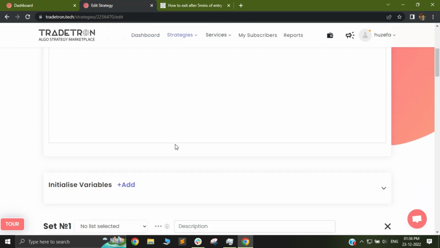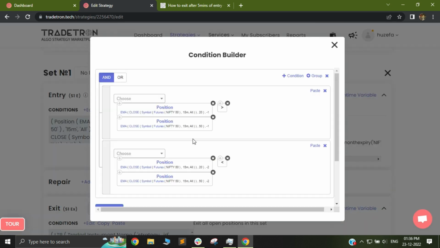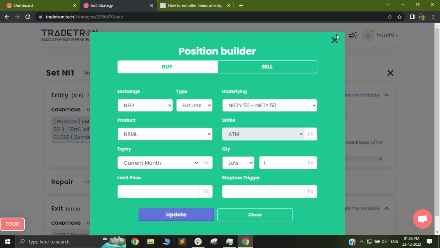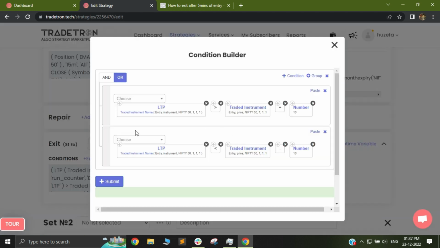Now, what ends up happening is that people generate a condition like this, which is like an entry condition, a simple crossover condition using position -1 and -2, and they have a trade like this, which is a position builder where you are buying futures or options or whatever. After that, you have an exit condition, which would be something like this. So if you have, let's say, a 10-point target or a 10-point stop loss, in that case, you will exit